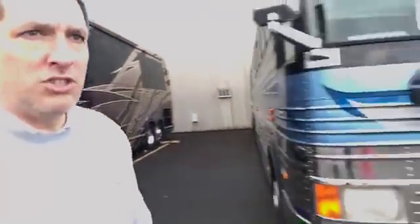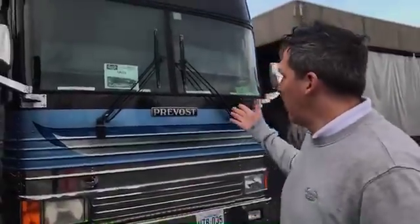It's a beautiful day. Well, actually, it's a little overcast, but we're in Coburg, Oregon. That's the headquarters of Marathon Coach, as you well know. I'm standing outside, actually by coach number 419. This beautiful blue coach is actually for sale. It's a pre-owned coach, so we're not going to profile that one today because we're going to start a